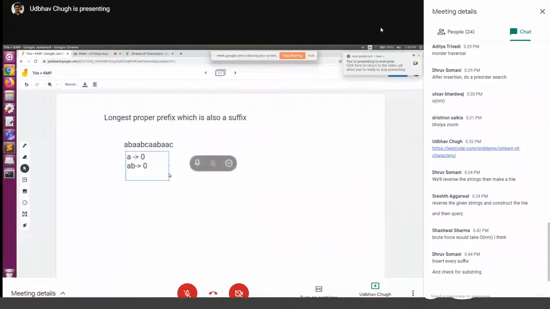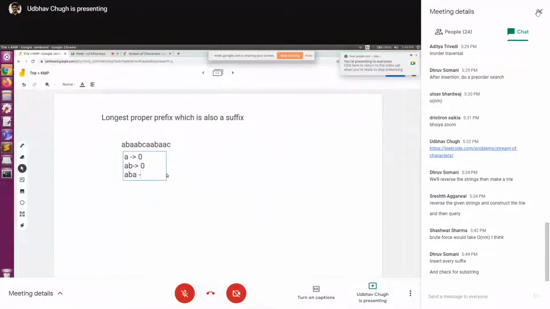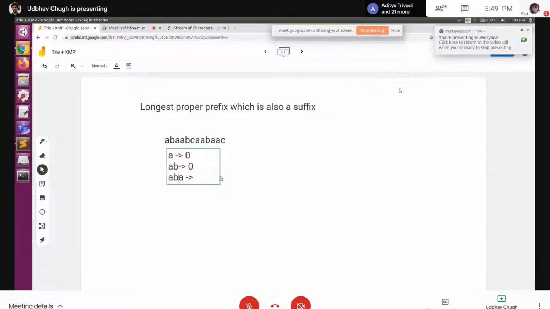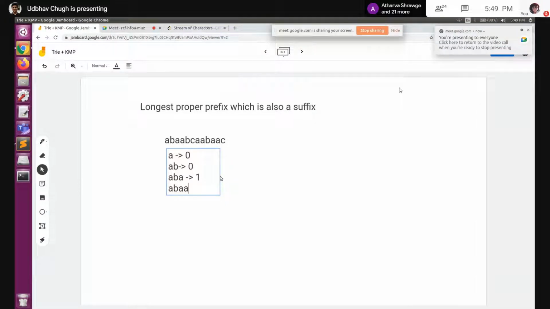Now, we'll look at a few examples. For ABA, A is a proper prefix, and in ABA, A is also a suffix. So the length of the longest proper prefix is 1. Let's look at ABAA. Here AB is a prefix, but AB is not a suffix.